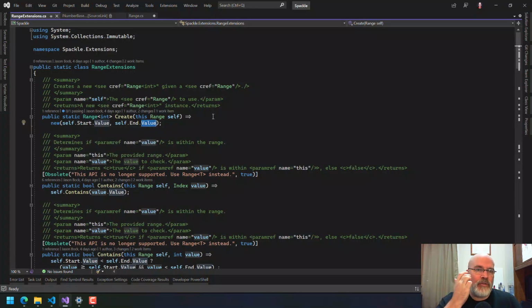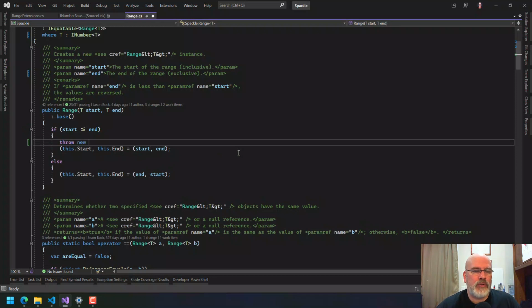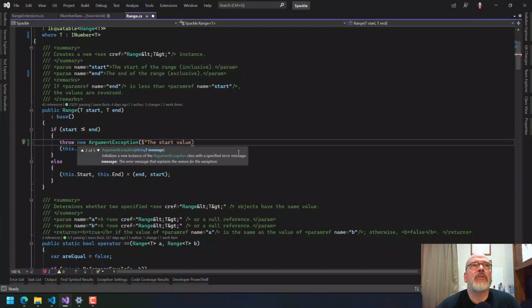So it just seems odd to have a range, especially when the end needs to be exclusive. Well, how do you then say that's the beginning and it's inclusive, but the end is exclusive? Now that was the start. I don't know. I'm kind of leaning towards, if this is what you get, throw new ArgumentException. The start value. And actually,